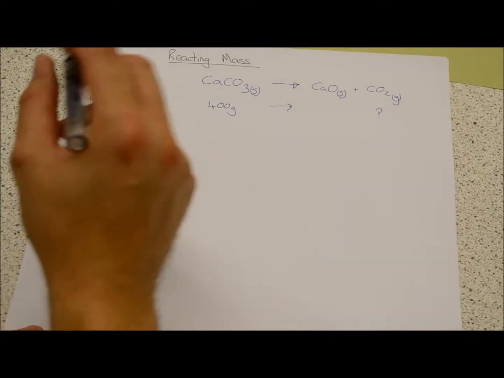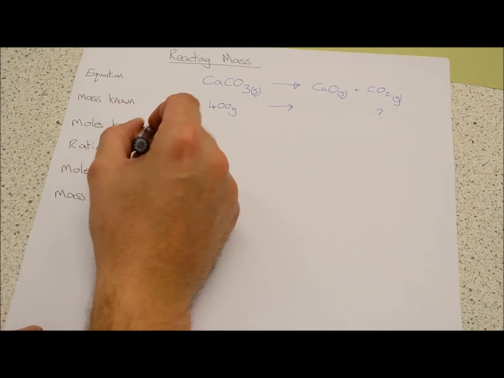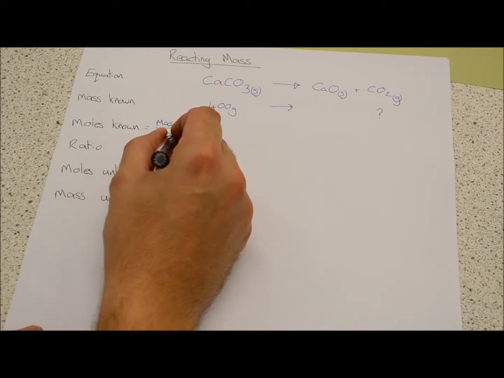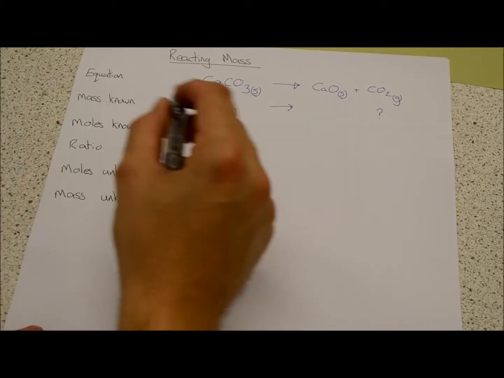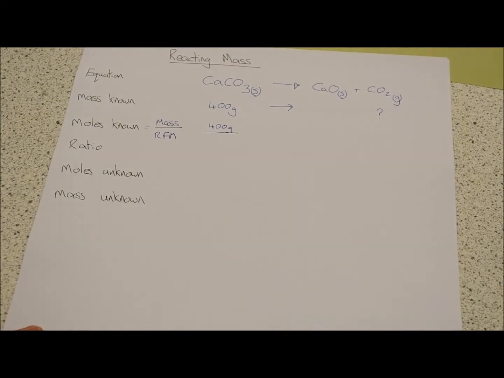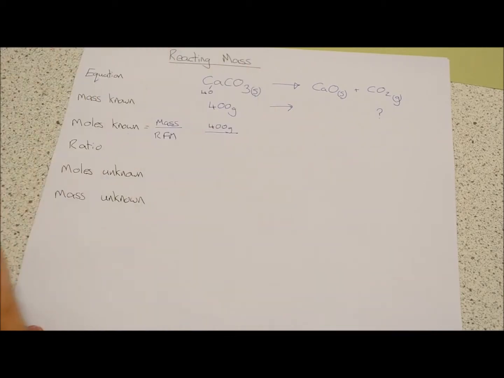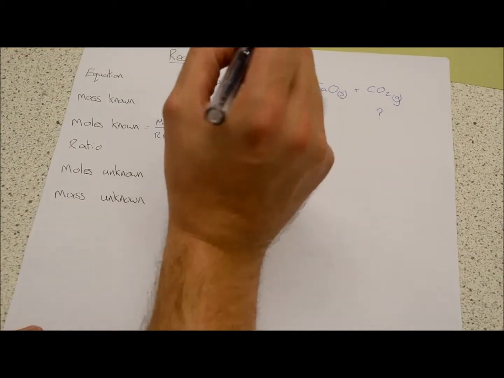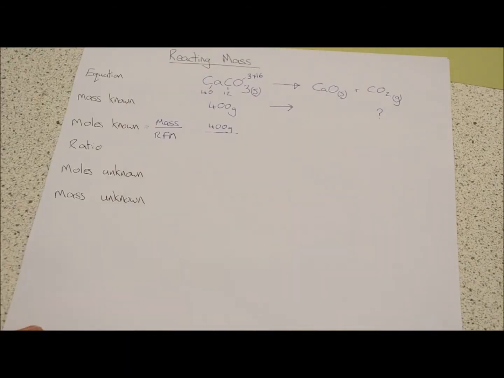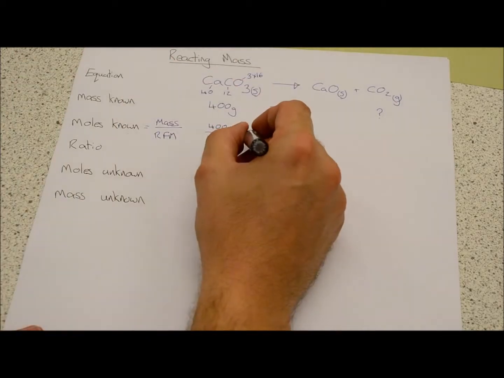So, to start off with, we need to know the number of moles that we're dealing with. So the number of moles is equal to the mass divided by the relative formula mass. So for calcium carbonate, we've got 400 grams, and we need to divide it by the relative formula mass. So for calcium carbonate, calcium is 40, carbon is 12, and oxygen, we have 3 lots of 16, giving us a total of 100. So that means that we end up with 4 moles